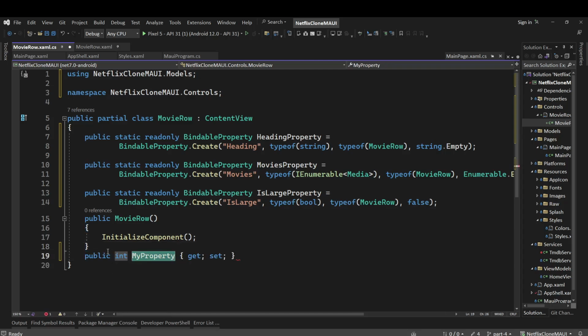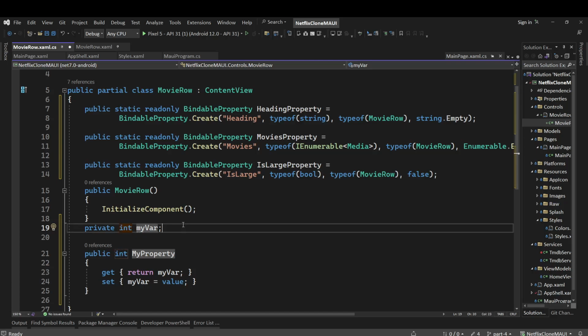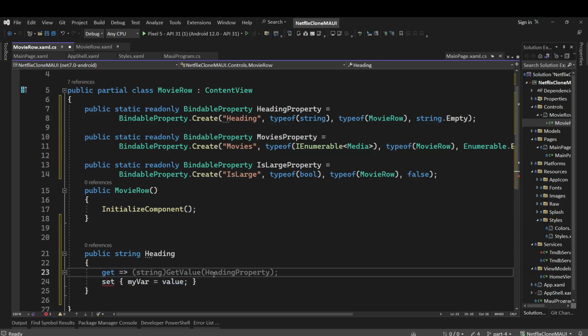So we'll have, let's have full property, and then this is going to be this property string, this thing, and we'll return our main get value method, and we'll have movie row dot heading property, and this returns an object, so we need to typecast it to string. So that's fine. Now for setting,